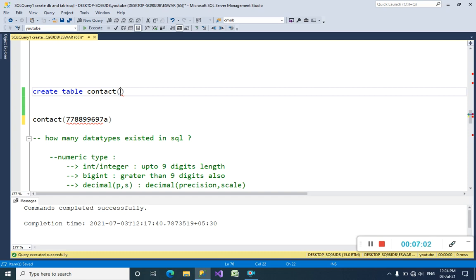So see guys, create table contact. I want to save his name first of all. So for my friend's name, you can write F name as a column name, because you want to see the result by the F name column. I will show you everything after this. F name is a string data type. We can write a string data type using char and varchar.